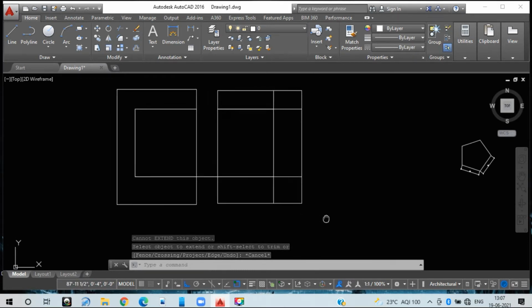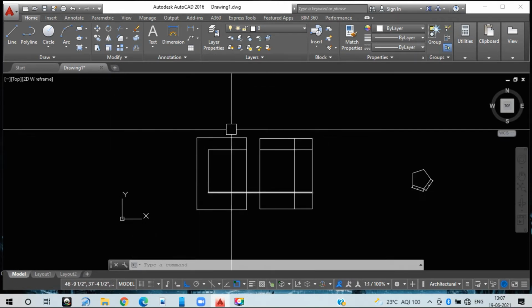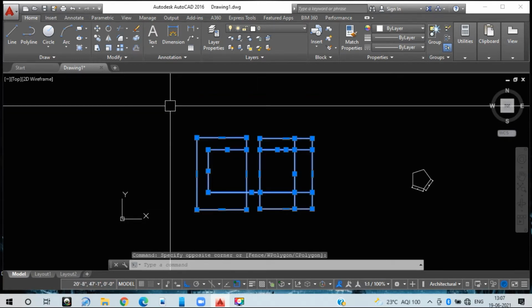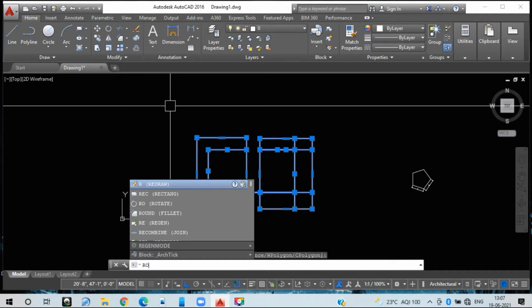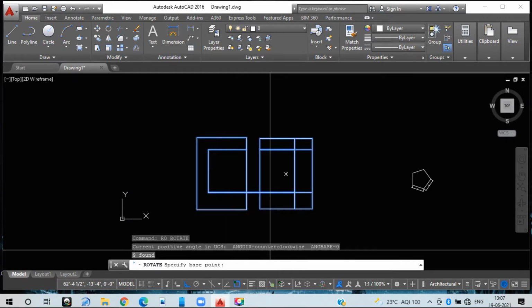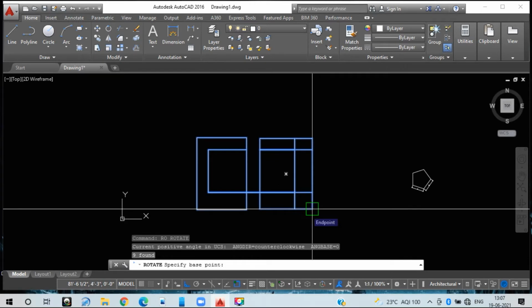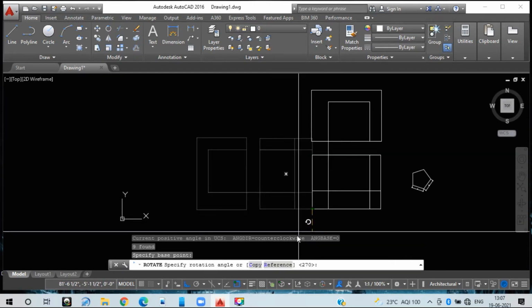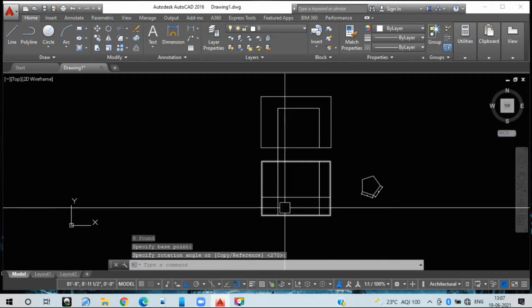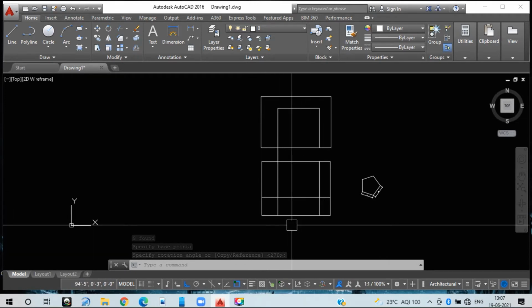So for example, if you want to rotate the whole diagram into the vertical direction, you need to select this one and press the shortcut command key called RO, then press enter. See here, ortho mode is switched on. For that reason it is going to work with respect to only perpendicular. See, if you are dragging in the downward direction, it is in the upward. See, then the whole drawing has been shifted. The whole drawing has been rotated now here.